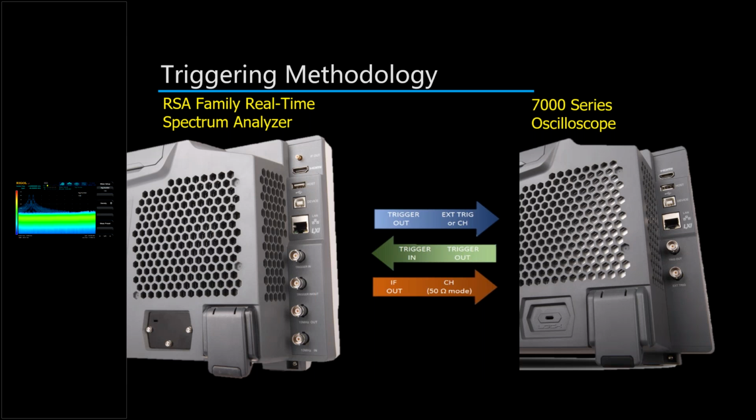So first thing I wanted to just explain here is I've got two instruments on my desk here, real-time spectrum analyzer and an oscilloscope, and I've done a couple things to set this up. First off, I have the IF output, which is on the back of the real-time spectrum analyzer. That's going into channel 1 on our oscilloscope in 50 ohm mode. So that really allows us to see whatever the center frequency on the analyzer is brought down to a 430 megahertz carrier. So we're going to be able to look at that and then analyze that in the time domain